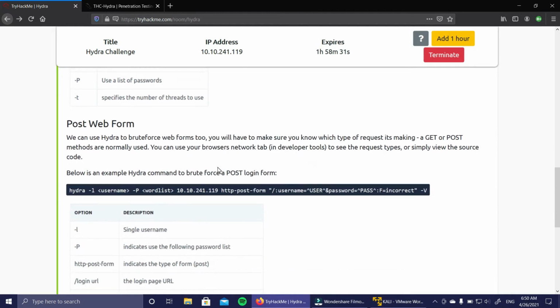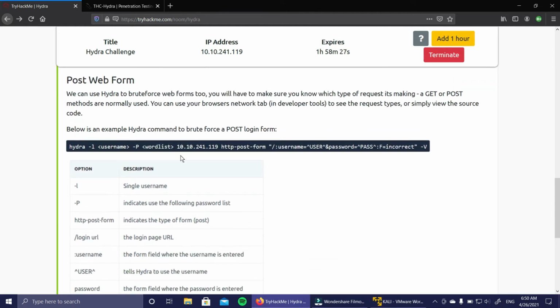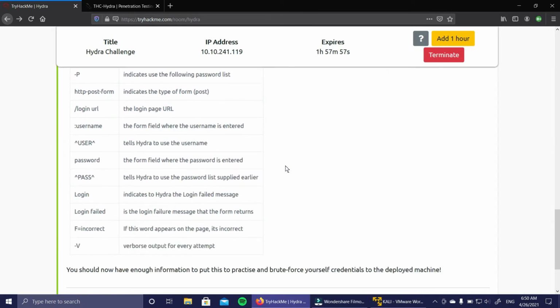By default it is 4, so even if you don't specify -t 4, it will work fine, don't worry. And then for HTTP, you really need to know, if this is a website with a username and password kind of thing, which type it is using. If it is using POST, then we have a post login form which is provided by us in this command. We are going to discuss this command later on. So first see the things.